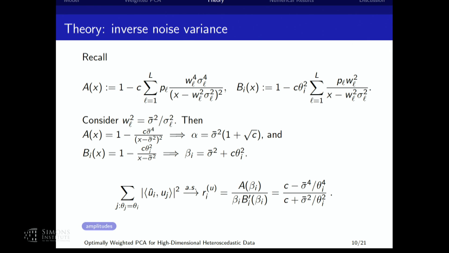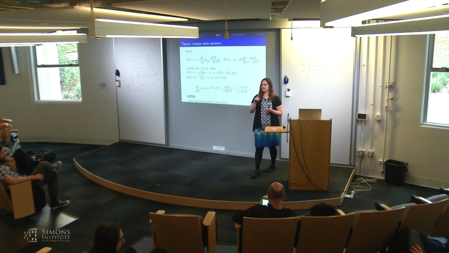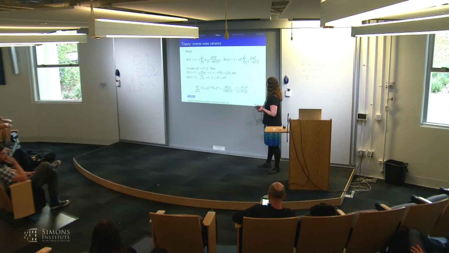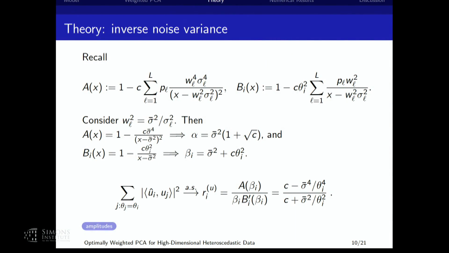Where here is the fraction of each signal strength? Is that theta? No, theta is the amplitude, but do you mean like the number that is high quality, the number that is low quality? Yeah. So in this case, I am weighting using inverse noise variance, so I'm ignoring that. And when you plug that into here, this will no longer depend on L, it comes out of the sum, and this sums to 1. So that's why it disappears. Does that help?